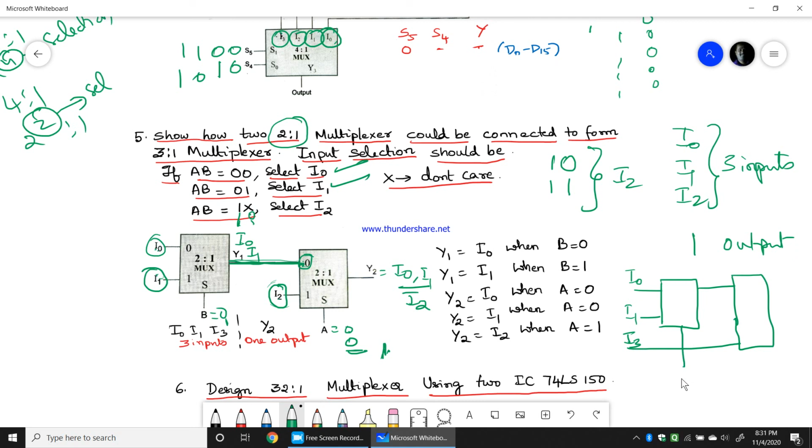Now this is one selection input B, this is A, this is Y. So this is a 3:1 mux. So 3 inputs, 1 output, 2 selection inputs. So it is a very tricky question. I hope you got the solution to whatever I have explained just now.